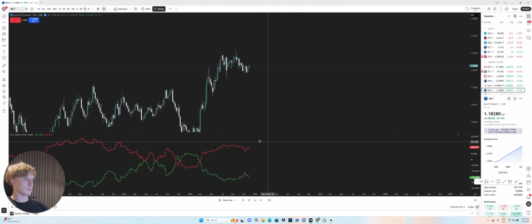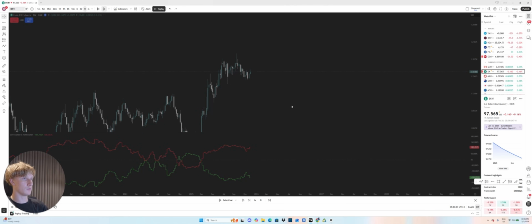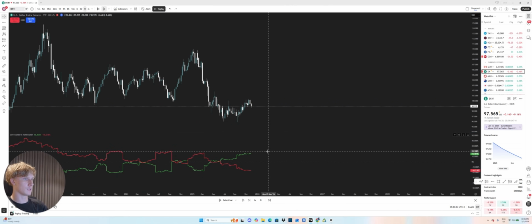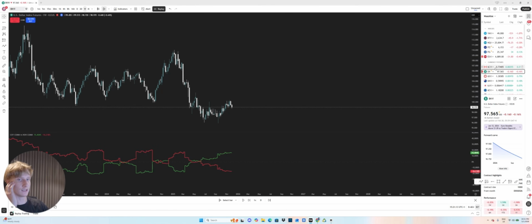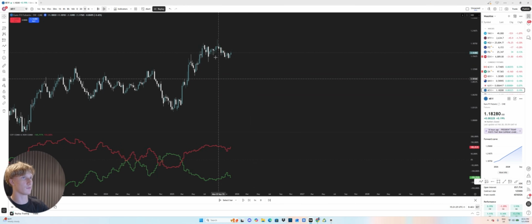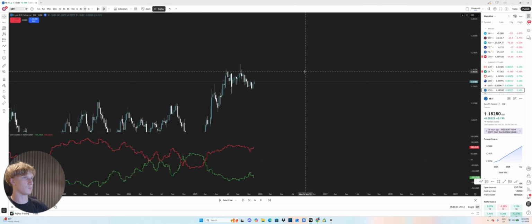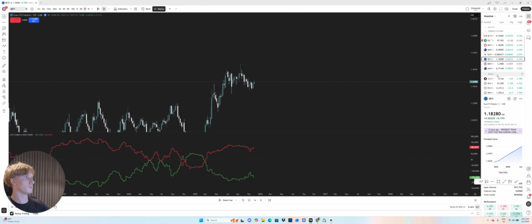Also, you can see here on the euro that the COT data is currently bearish. The market structure is also bearish. Now, if we go over to the dollar, what we can see is that the COT data is bullish and the market structure is also bullish. So that is exactly what we're looking for. We're looking at the fundamentals, dollar bullish. With that, the technicals align, being also bullish. And then on the euro, it's the opposite. COT data is bearish, and we can also see that the technicals are aligning with that. So from that analysis, we can expect that the euro is going to be weak and the dollar is going to continue strong. So now we go over to EURUSD and look for a potential entry.